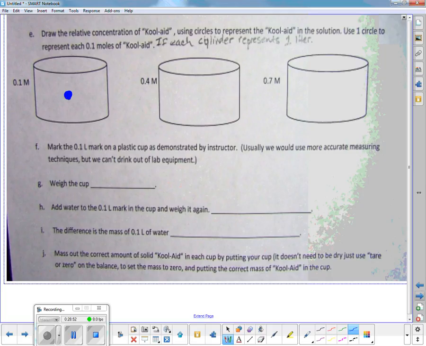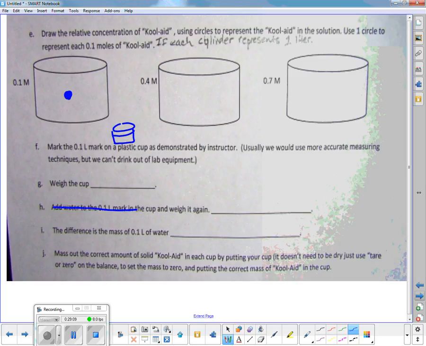Now, right here, we already told you how to do the cup with a little line on it. So you're going to fill it up to the same place every time. Weigh the cup, not a big deal. This is where we need to flip it. We're not going to weigh it. We're going to basically get rid of that. We're going to zero out the balance on that one. And then we're going to add the mass of solid sugar Kool-Aid that we need